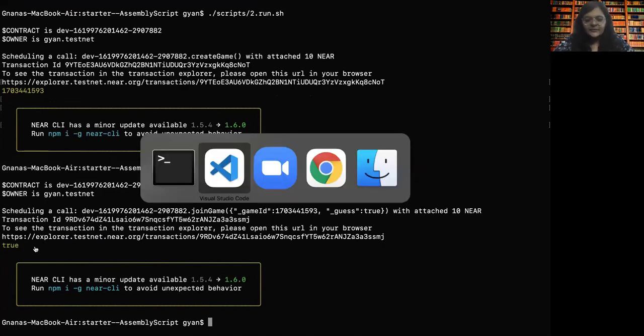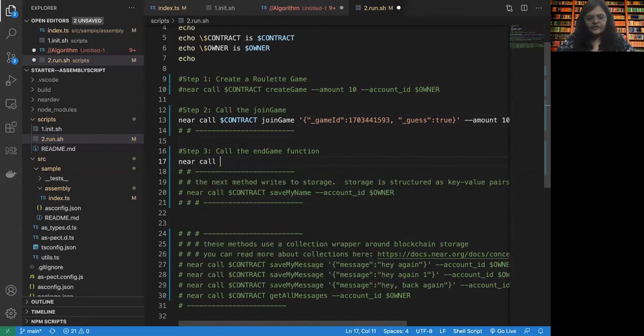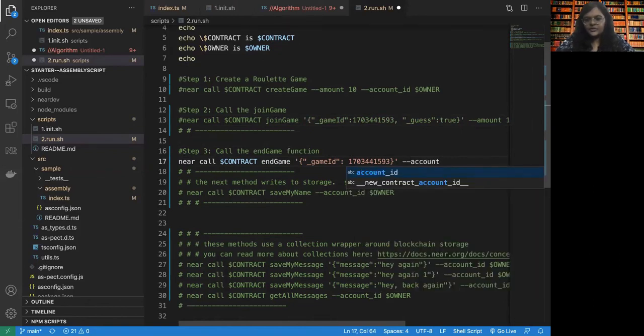Now, what is the last step for us? The last step is to end the game. So step 3, call the end game function. So we say near call contract end game. Again, we want to pass the game ID. Which game should we end? So we use the same one. Then we will say that the account ID is going to be the owner themselves.